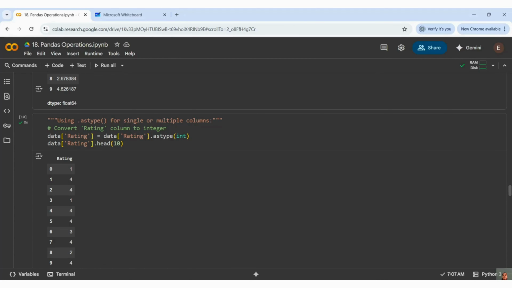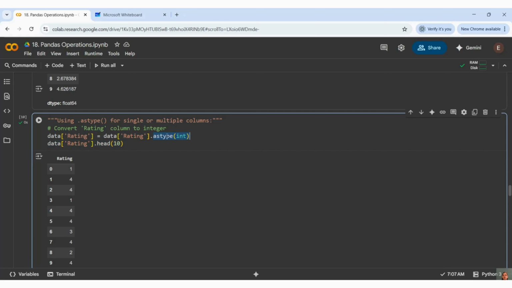Whenever you are getting columns, you have to decide what should be the type of data, because you should have domain knowledge prior to working on it, right? You can decide based on that and convert them to your desired data type. So here I am converting my rating column to int.